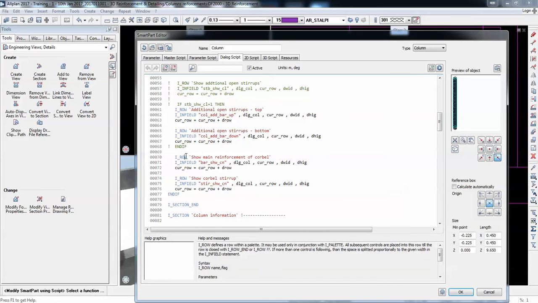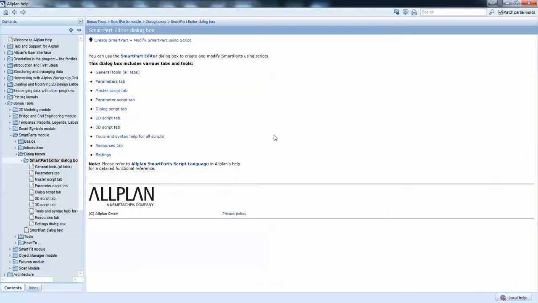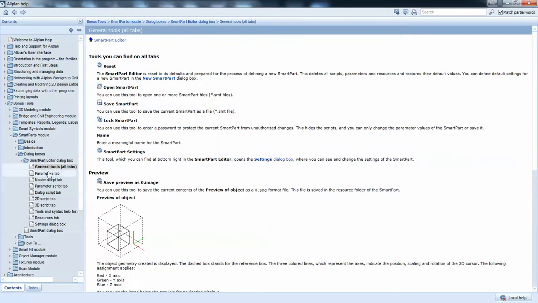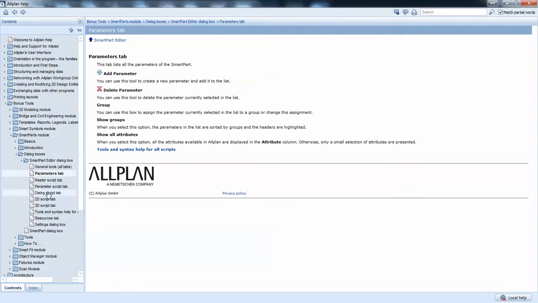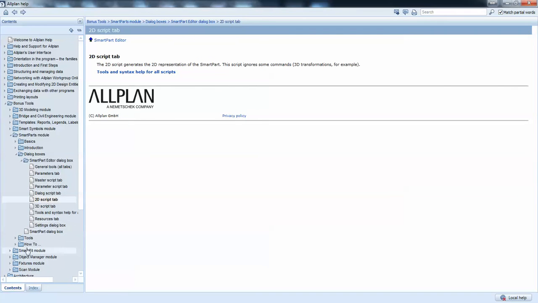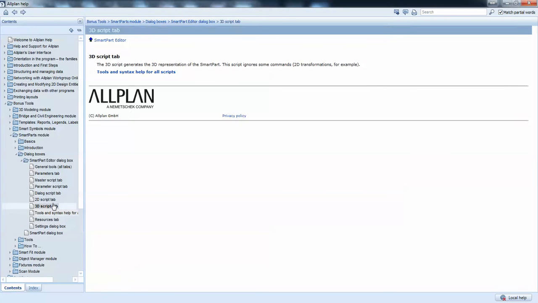So mainly, of course, this has a help in Allplan. Anytime you don't understand something you are working with, if you click F1, you'll get an online updated help specifically on that problem. For instance, now I'm in the smart parts and I can see more about commands, how they work, what these parameters do, and then get even more details, syntaxes and whatever.